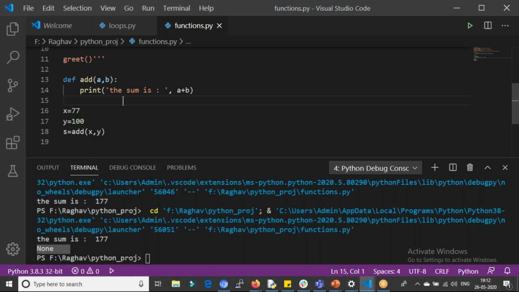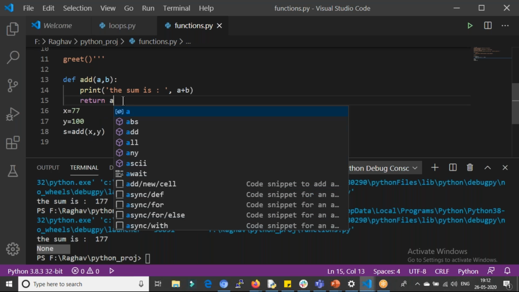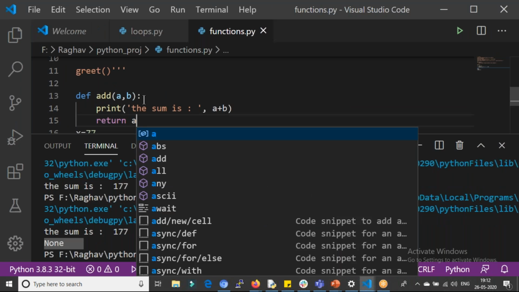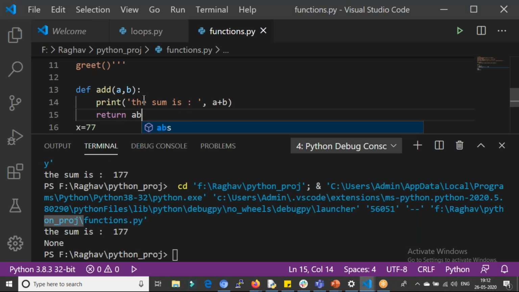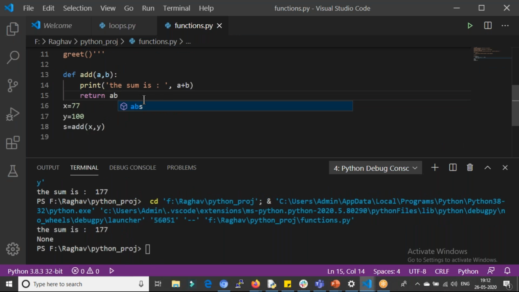So now I'm giving a return statement over here. I'll say return a plus b. Now let's see what happened. I'll give the print statement again, print s.